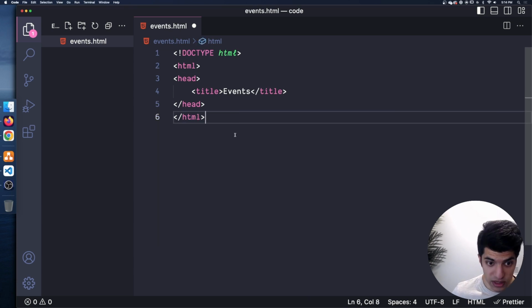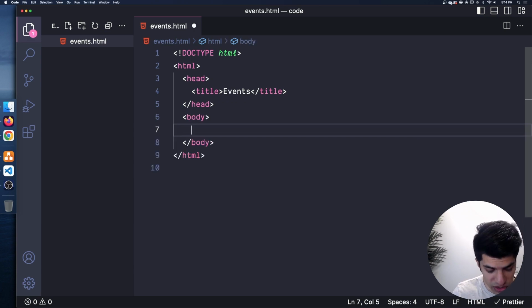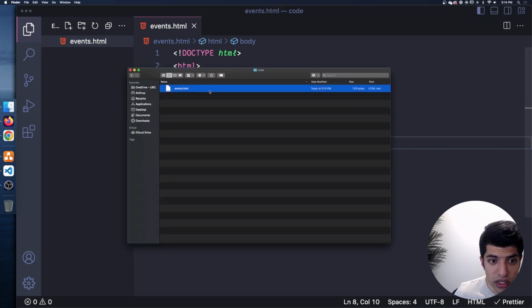I'm going to paste this down here. I'm going to put a body in here, and inside the body, I'm going to put some code. So in here, let's just go with this simple example. I'm going to have a button. It's going to say click me in it, right? A regular button. So if I right click this events.html and I say reveal in Finder,